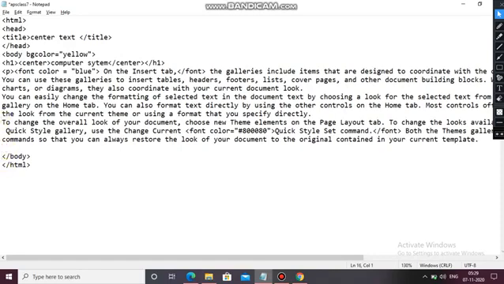I am using the ul tag for an unordered list, and here li apple, monitor, then again li oranges, then next li mask.